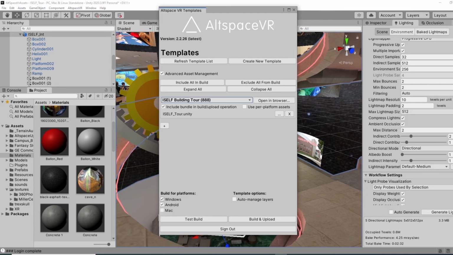You have options to build for Windows, Android, and Macintosh. Test build will create a